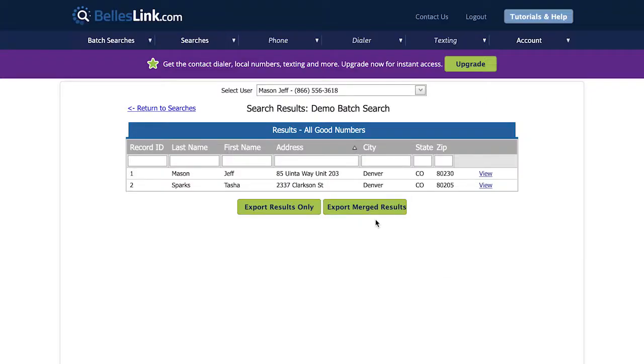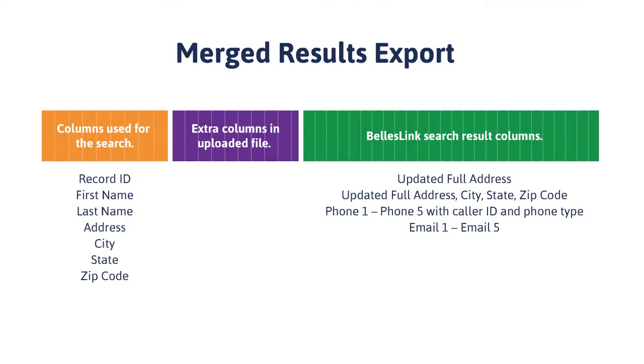Let's take a look at the other type of export, which is a merged result export. We'll jump back to this simplified view to understand the difference. In a merged result export, we have the same 7 columns that were used for the search, and then we have extra columns that were in the uploaded file. When you upload your batch to be searched, the spreadsheet you upload can have extra columns in it, data that you have for that person that you want to hang on to.